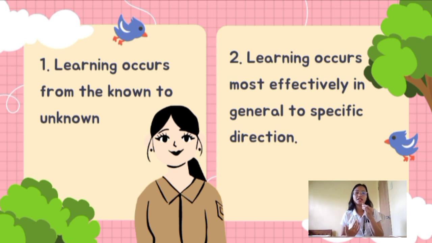We can gradually explore and understand more complex or unfamiliar topics. Okay, the second one is learning occurs most effectively in a general to specific direction. When we say learning occurs most effectively in a general to specific direction, it means that the learning process is often more successful when we start with a broad or general understanding and then gradually move towards more specific details